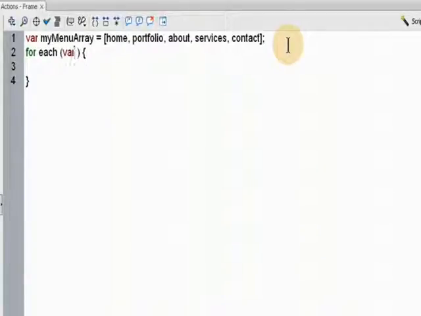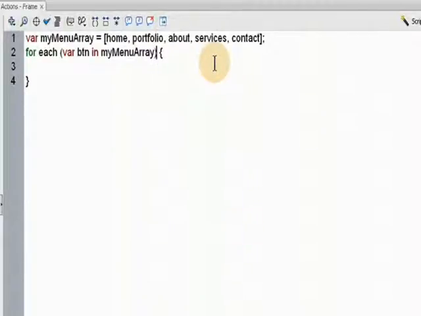Let's call this btn clip, or you could just call it btn because they are button symbols. So btn, in, you can call it whatever you want there, in my menu array. So we'll grab this, pop it right there,